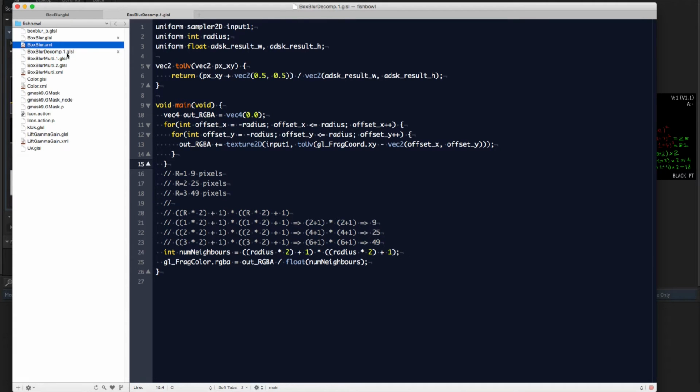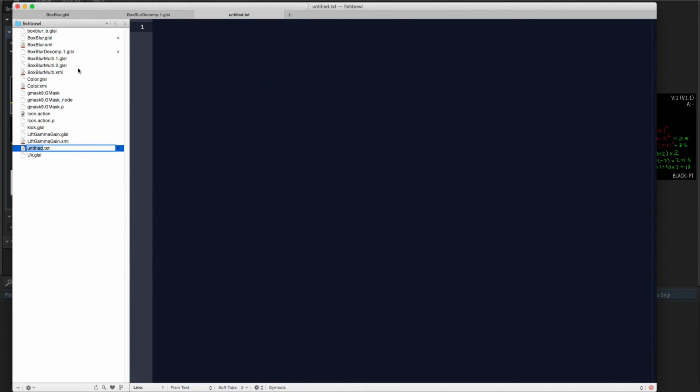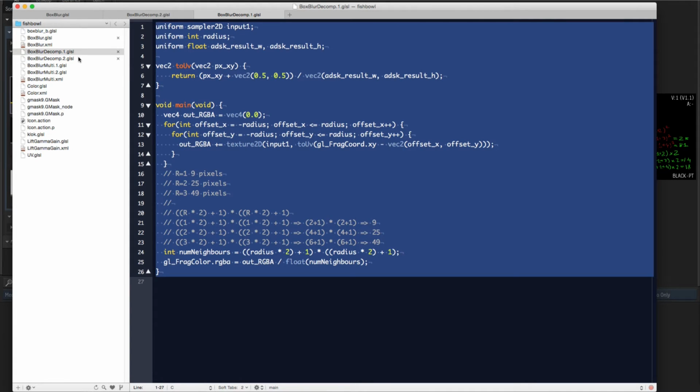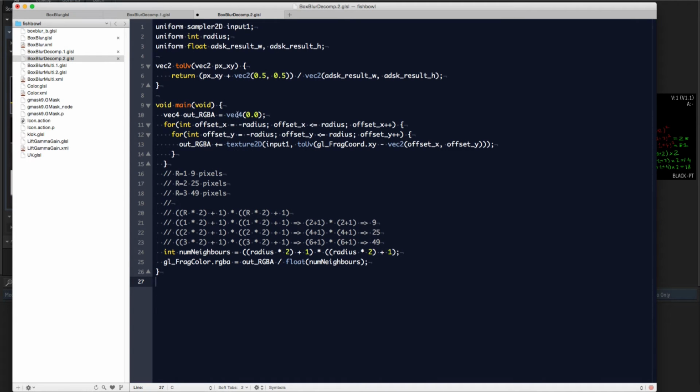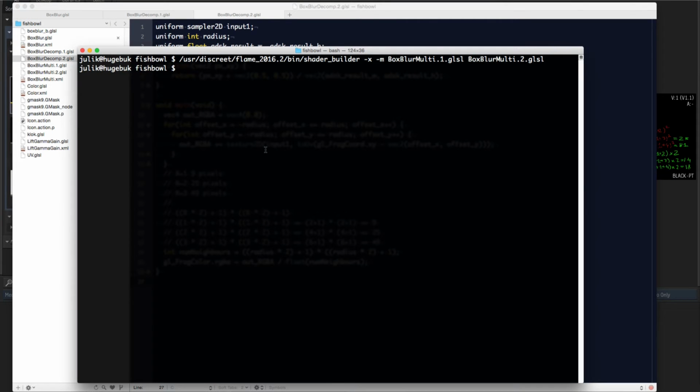Okay, gotcha. So what we're going to do is make a new file again, and we're going to call it box blur decomp.2.glsl, like so. And then again, we're going to paste the same code in here. Yep. And then we go to our terminal, and we ask the shader builder to build us an